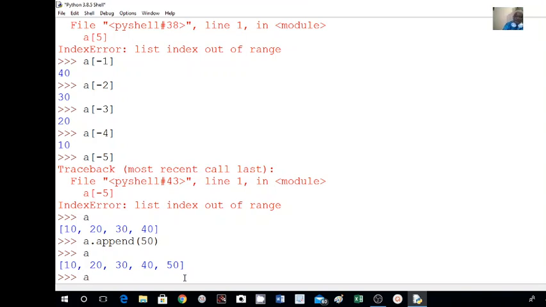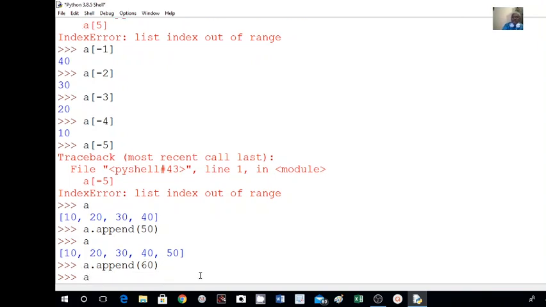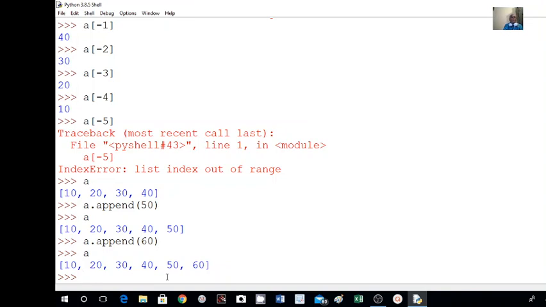One more term we want to add here. A dot append, append bracket 60. Okay, 60. So this will be included here at the end. I think we get 10, 20, 30, 40, 50, 60. Again I type A here, enter. I am getting 10, 20, 30, 40, 50, 60. So append is a command which appends the value, whatever we give in this bracket,